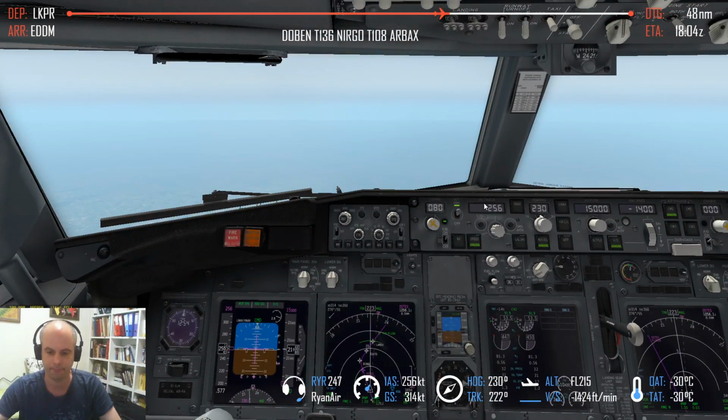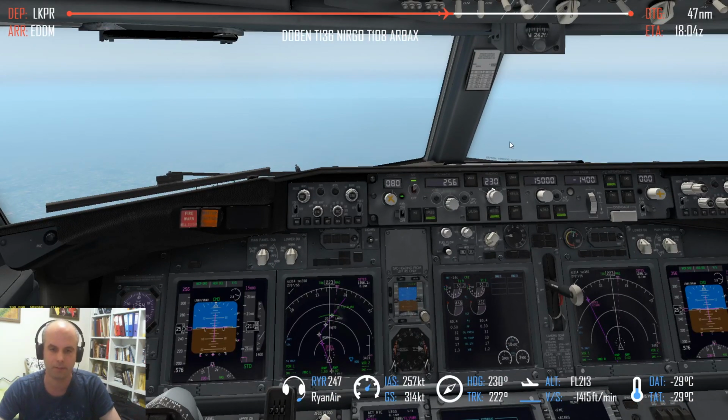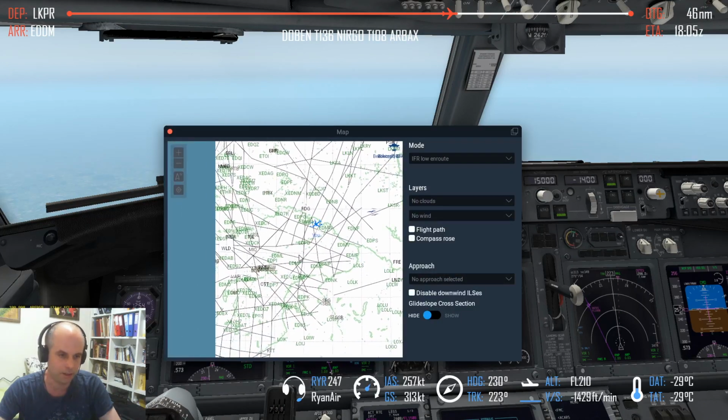247, expect runway 08 right. Expect 08 right, Ryanair 247. Call 909, when ready, descend level 200. Okay, so we are expecting 08 right. We are expecting 08 right,